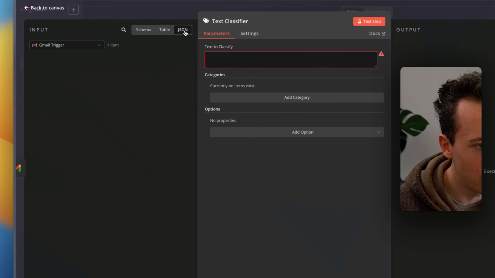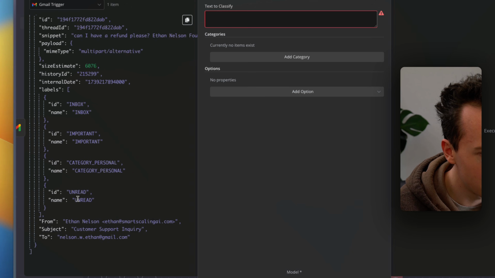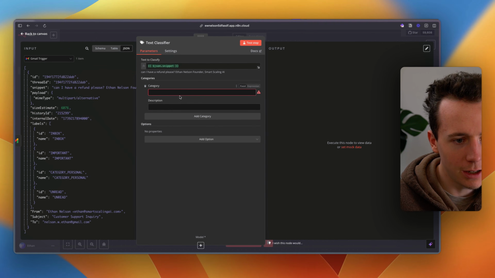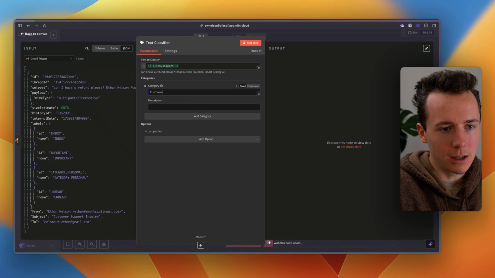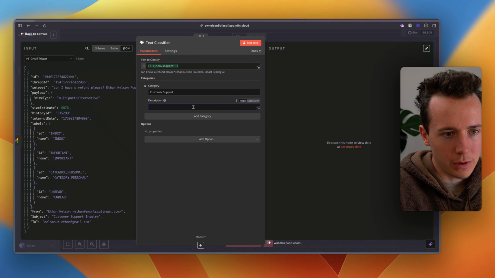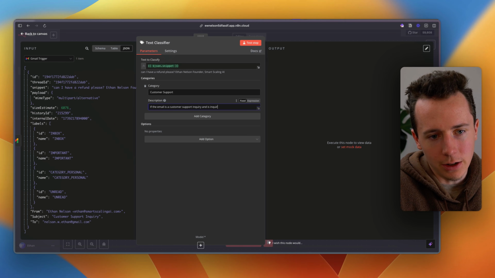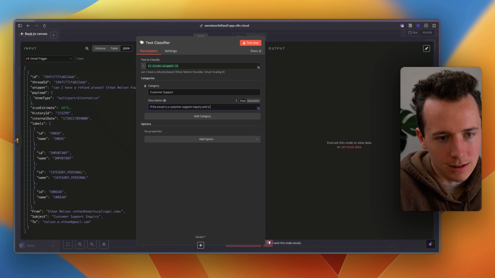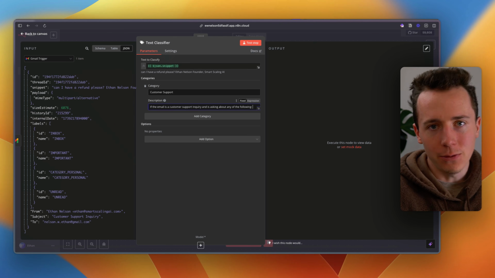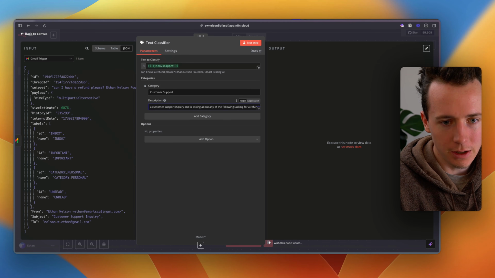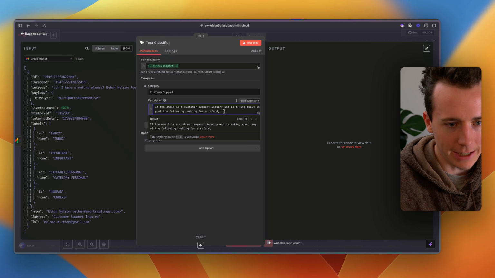So what we're going to do is change this to JSON, and what I want is the body of this. So it looks like this is actually going to be snippet. So we're going to add json.snippet in here, and we're going to add a category, customer support. And we're basically going to say description, if the email is a customer support inquiry and is asking about any of the following, and we're going to say if they are, let's say, asking for a refund, I'll show you the expression here, asking for a refund,